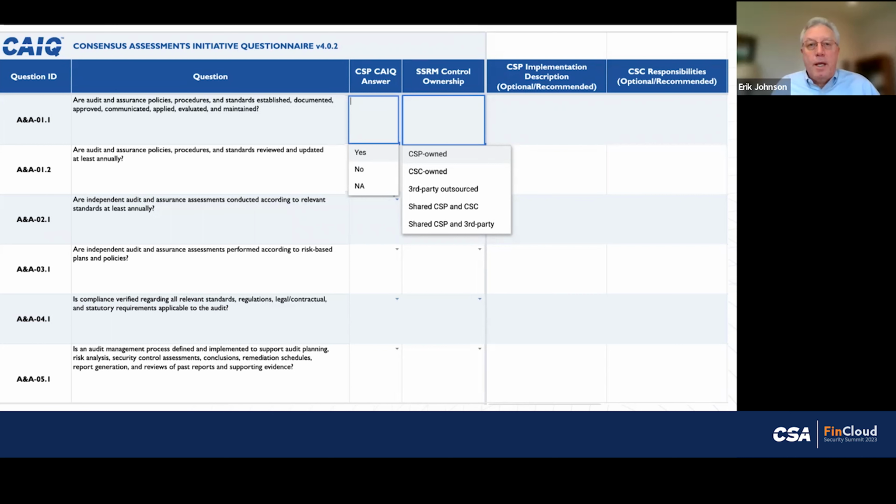And my recommendation to organizations I worked with and our internal customers was that you should be looking for this information during the procurement process to see how good the SSRM information is that your prospective CSPs are offering, and use that to evaluate against it. Because if you look at guidance and reports from folks like Gartner and PwC and others that have analyzed major cloud security breaches, they all say that the vast majority of those are actually the customer's fault for failing to properly implement and execute their portion of the SSRM.